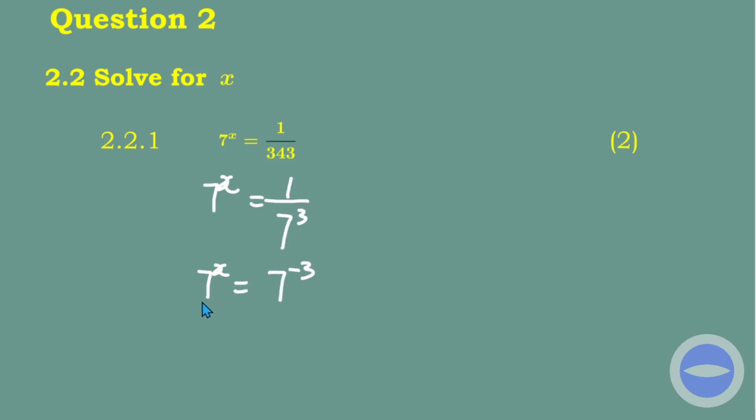And then next I have same bases here. Because this equation has only two same bases, that means their exponents are also equal. So x equals negative 3. This is the final answer. So you can check it. If you substitute negative 3 here, you'll end up having 1 over 7 exponent 3. So that is the correct answer. And then now from here we go to